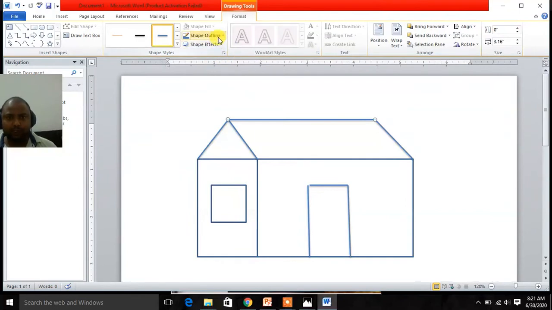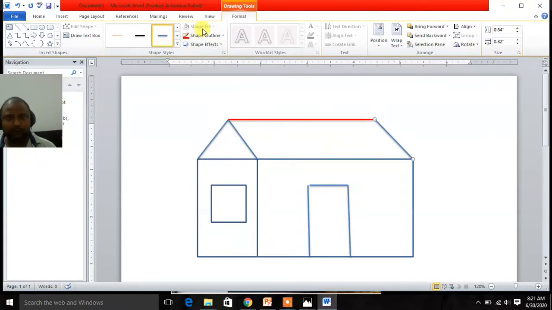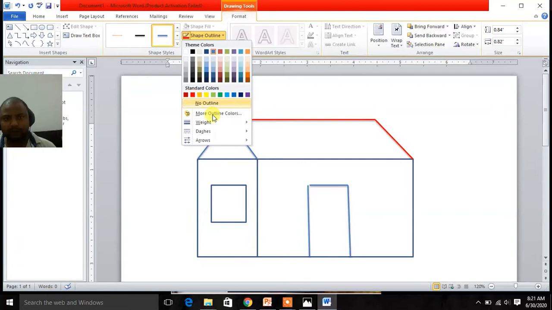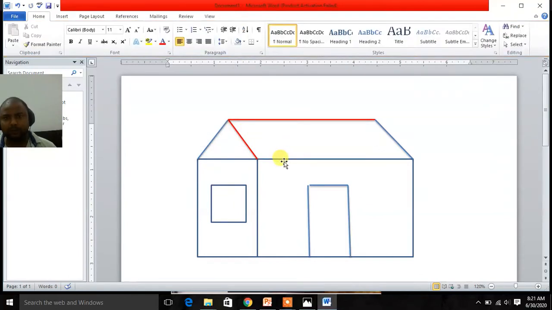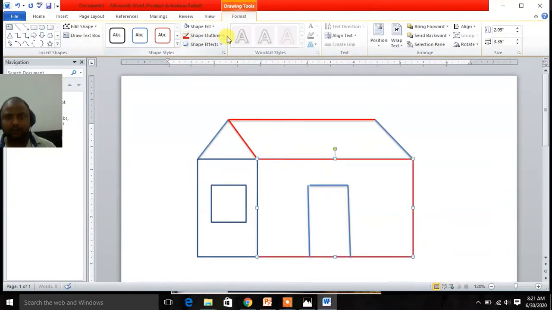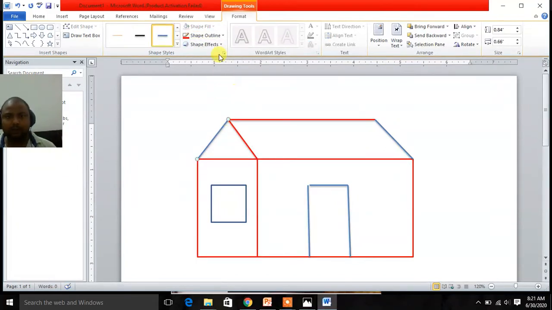Just like you select, you can select the outline color also. So if you want red, or if you want any other color.